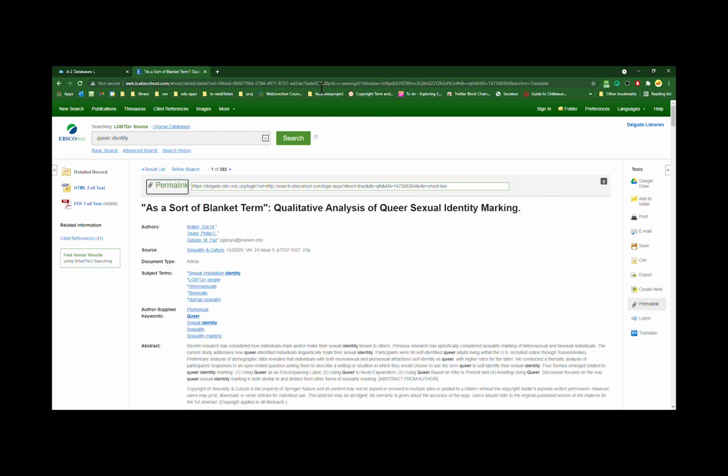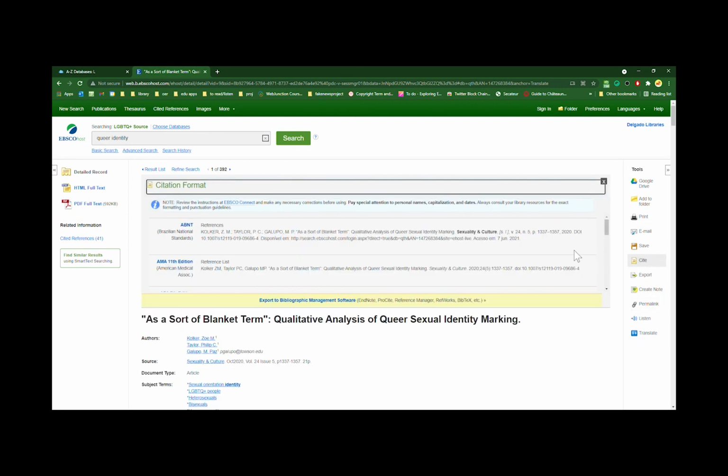If you look at the link all the way up here at the top, that's not going to be able to get you back to where you need to be. So you use this permalink right here, and this is what's going to get you back to this resource. You can also cite the resource. So if you click Cite,